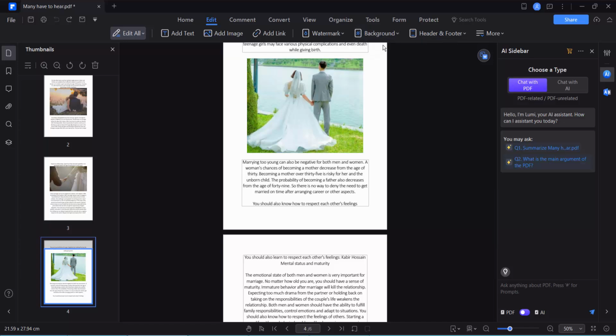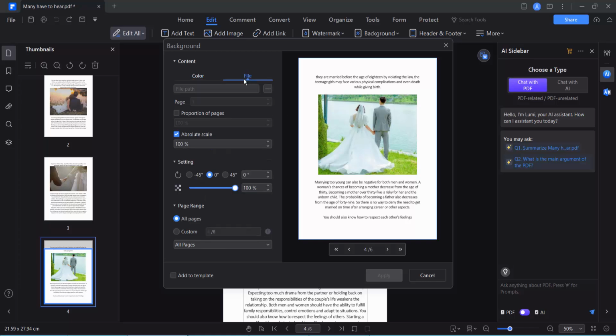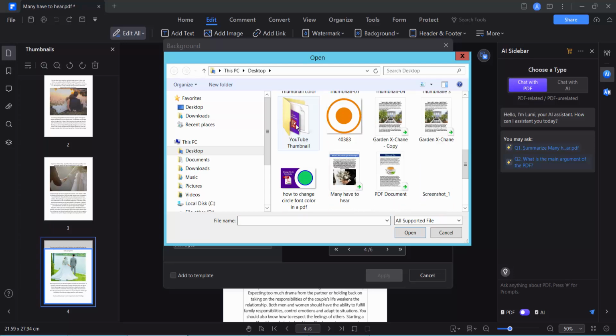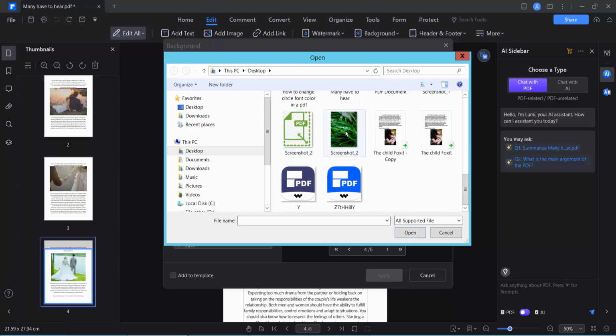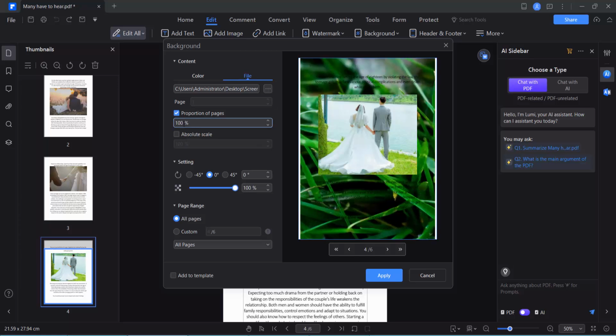Now select add background and select your file option and click this three dot option and open your folder for your image. Insert this image and select open and is absolute scale. Also you can fade this proportion of pages,